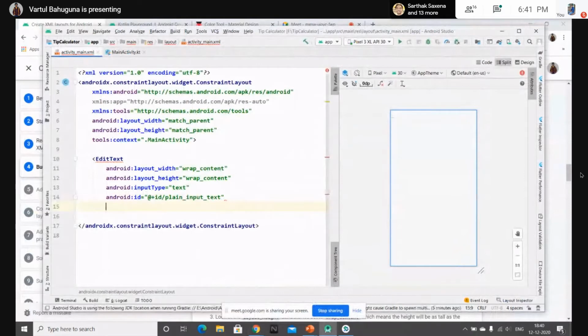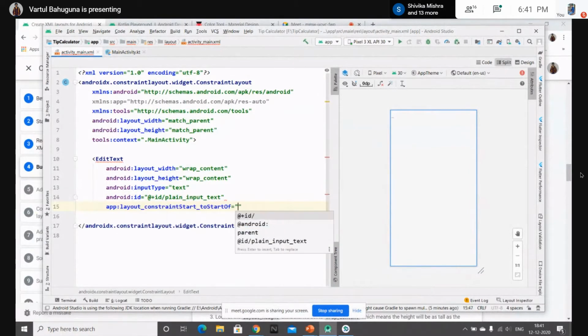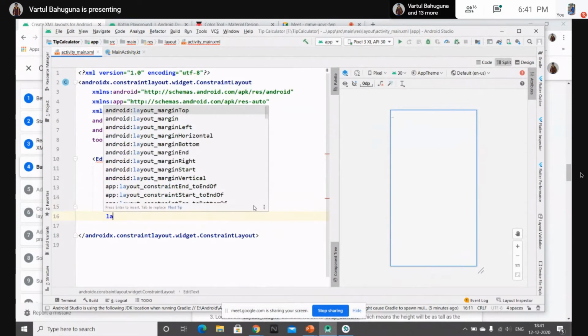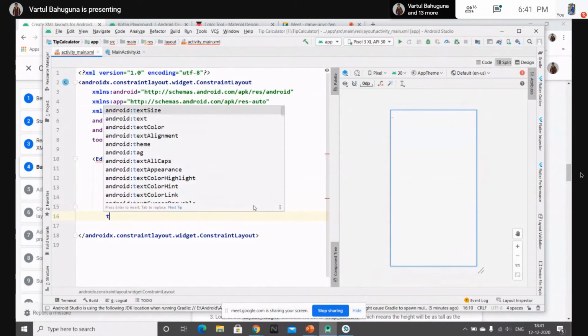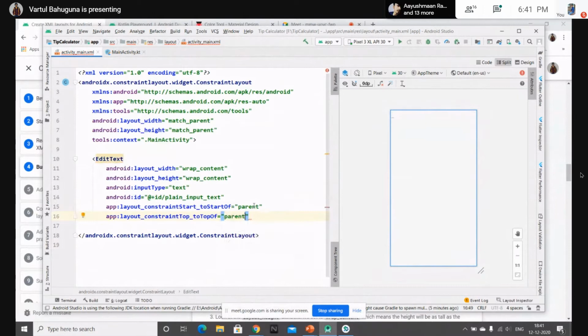So just type start and it says, then find layout constraint start to start of, that's parent, and then top, and you will find layout constraint top to top of parent. So here you can see I've not memorized all these attribute names or how to use them. I just take advantage of the recommendations that the IDE provides.